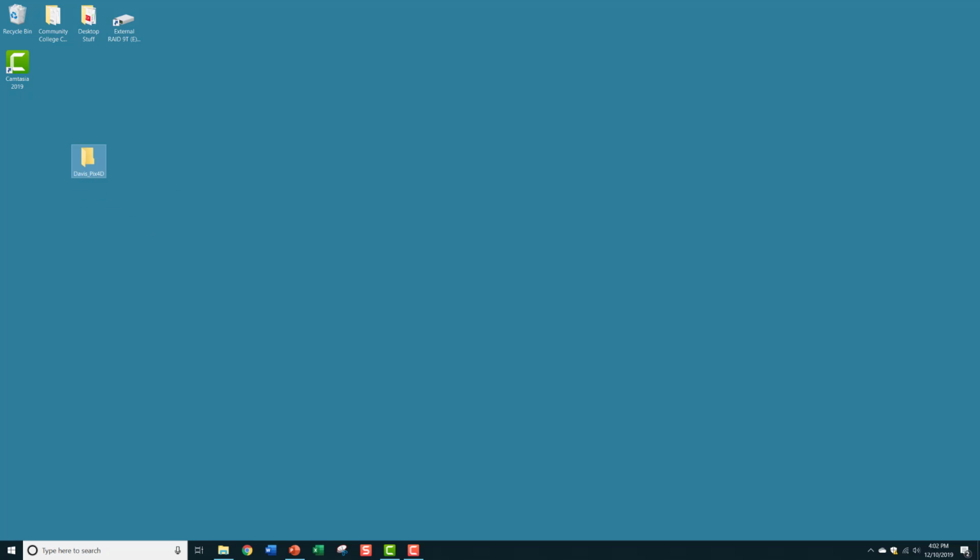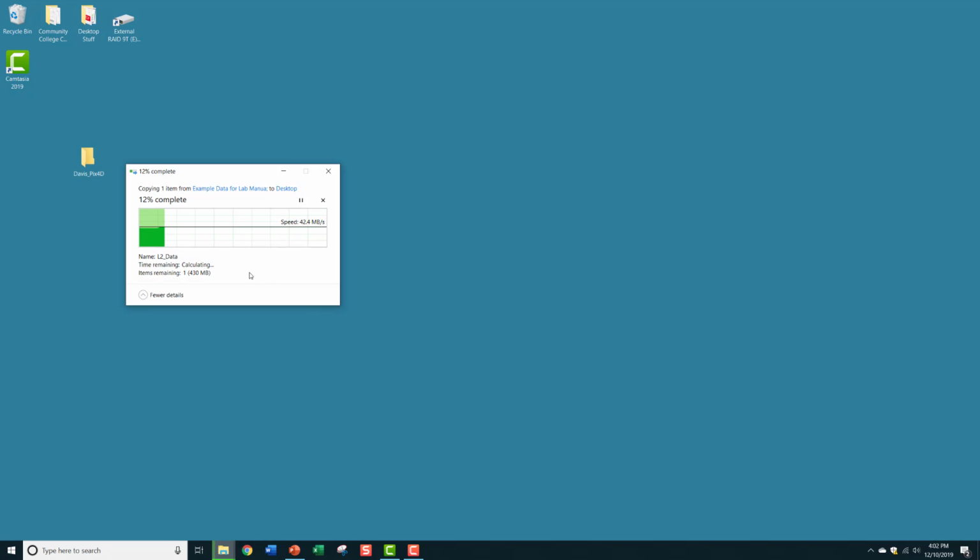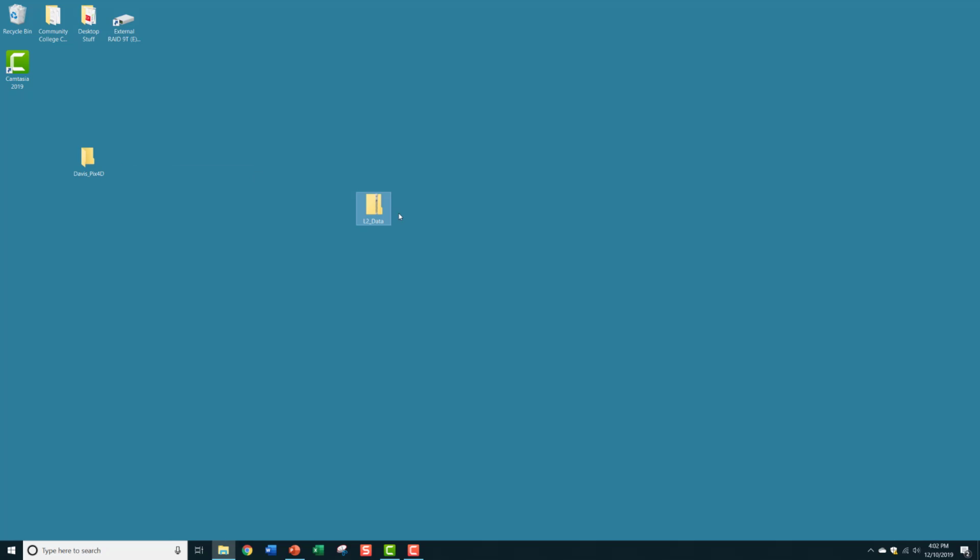And then what we'll do is, and I should have by this time given you a zip file called the L2 zip file. I'll move this over to my desktop so you can see it. You'll either already have it on your desktop or I've given it to you, but just bring it over to your computer, and it's the L2 data, and that's the data that we're going to be working with. And then I'd open that zip file or extract that,